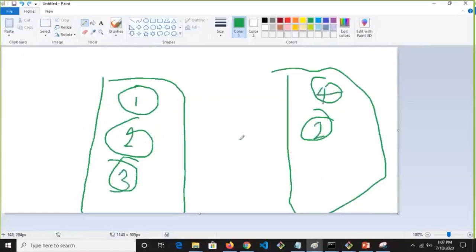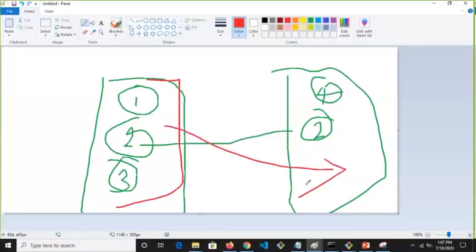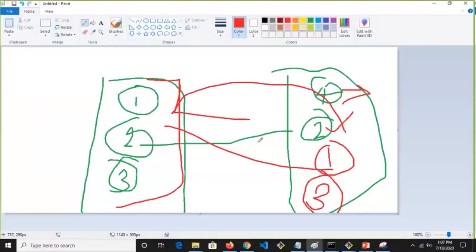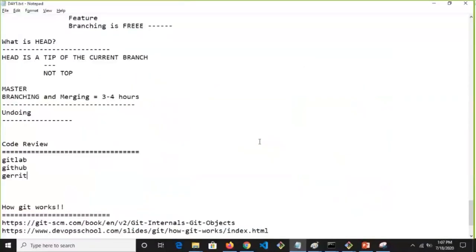So this 2 is matching. Now when you merge this branch into the other, 1 and 3 will come. 2 is already there, and 4 does not need to be there, because you are not merging that way. So this is what happens. Make sense?